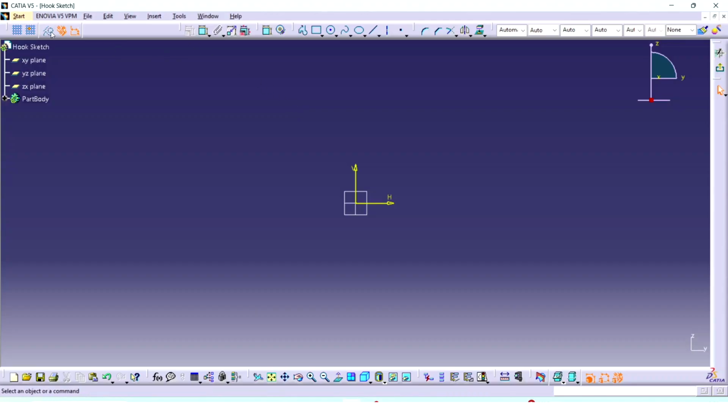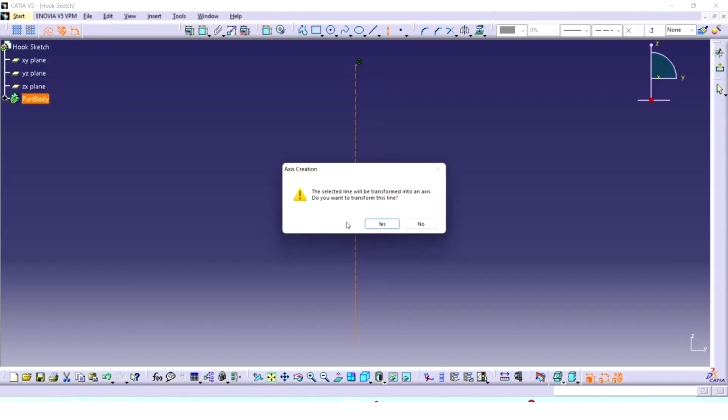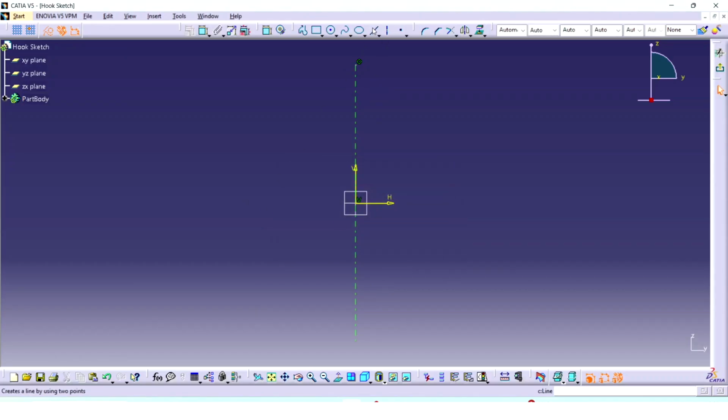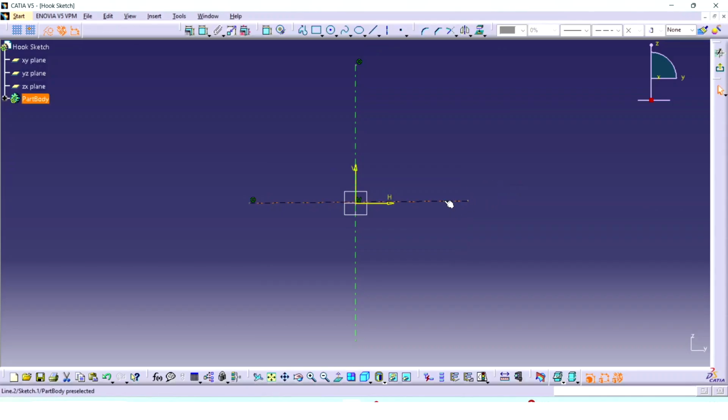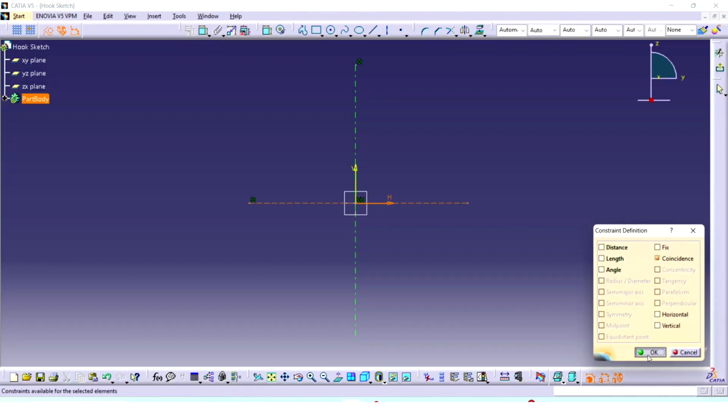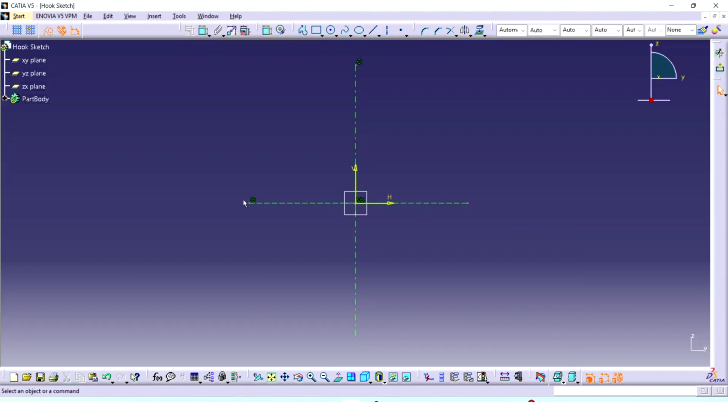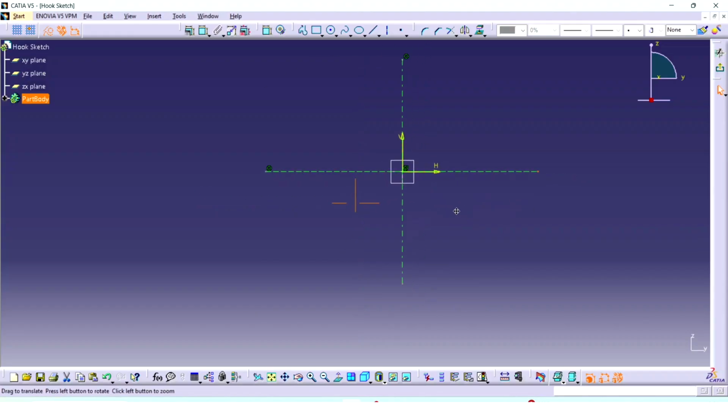Now I will turn on the construction element and create two axis lines, first axis and the second axis. This will coincide with this one, coincidence, and also I will create the